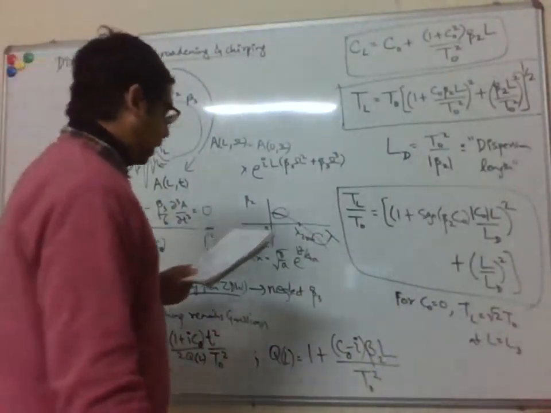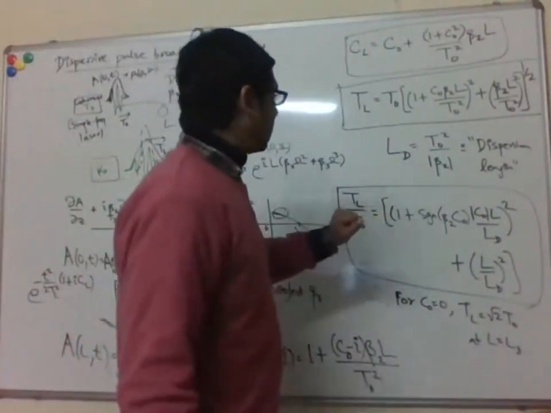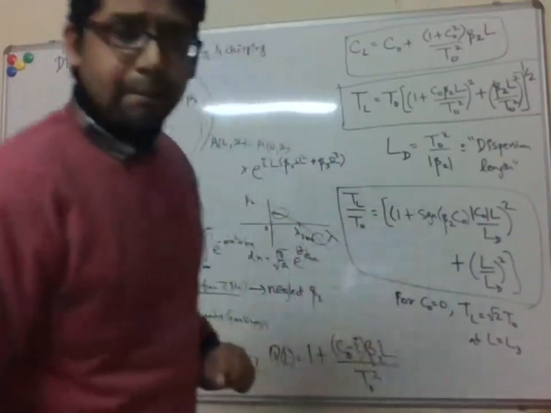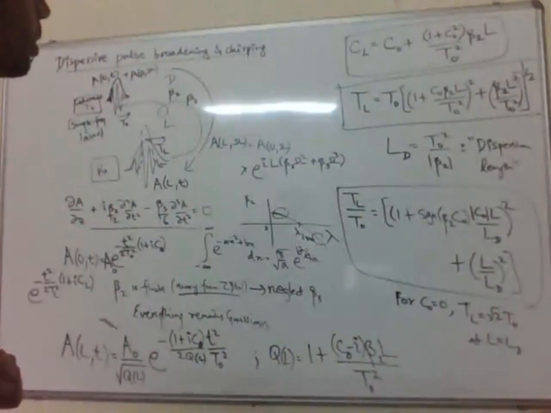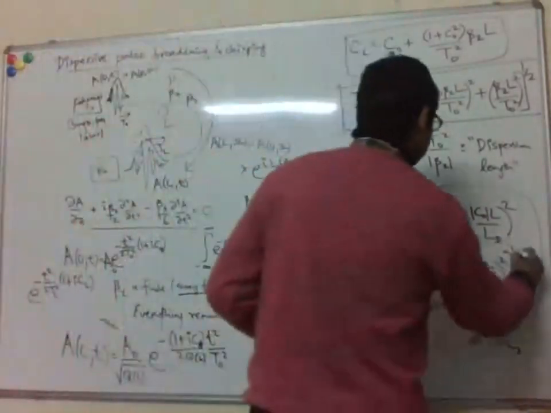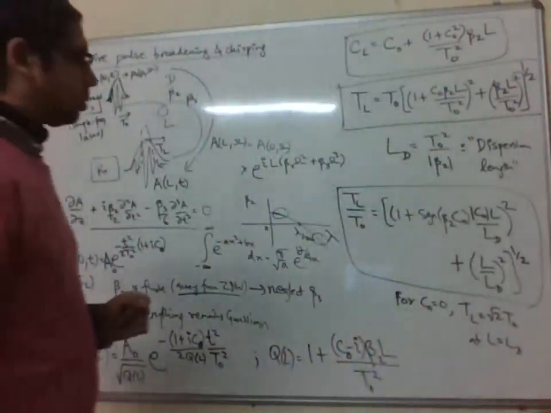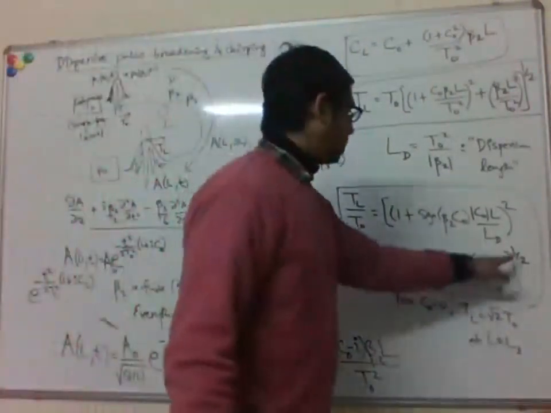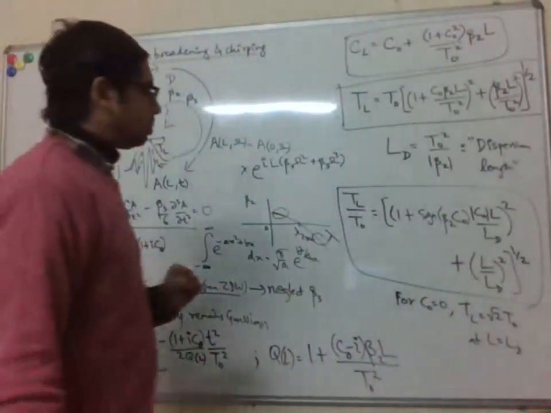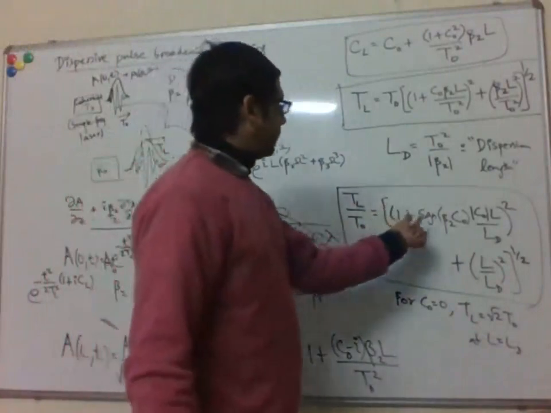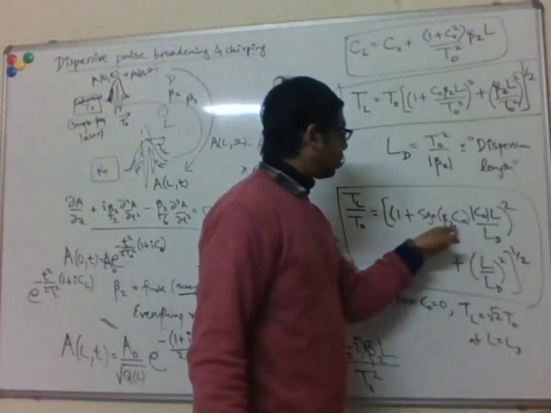So that's one thing. Another thing to note is actually what happens to the chirp, right? So here you can see that, yeah. So it will be to the power half TL by T0 expression. Yeah, that's why root 2, right? 1 plus 1. Yeah, so you can see that there's this term here which depends on the sign of beta 2 times the